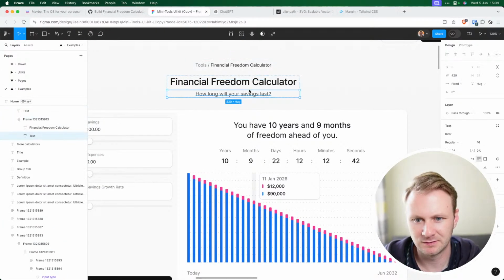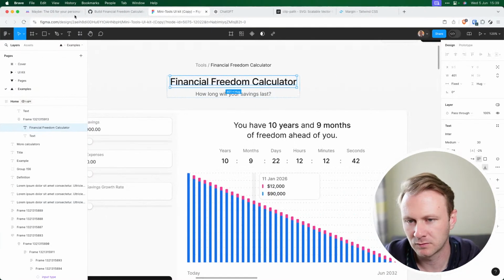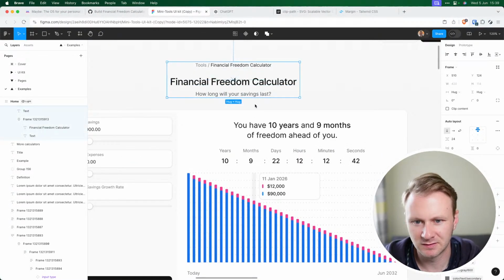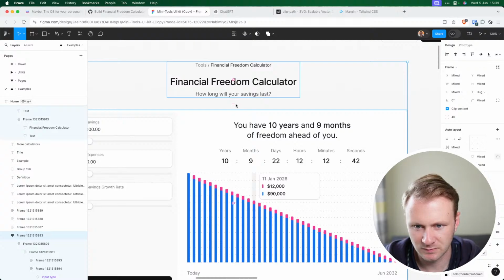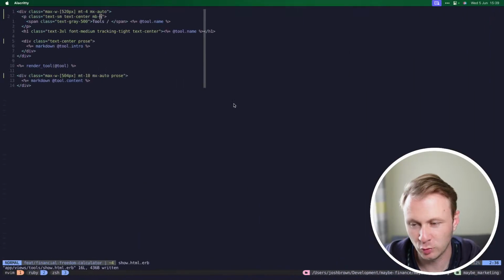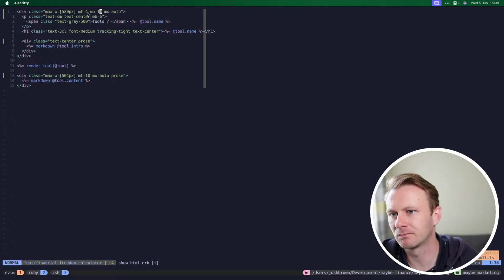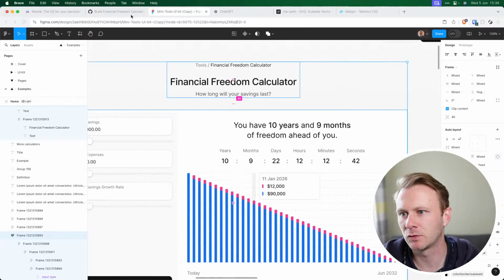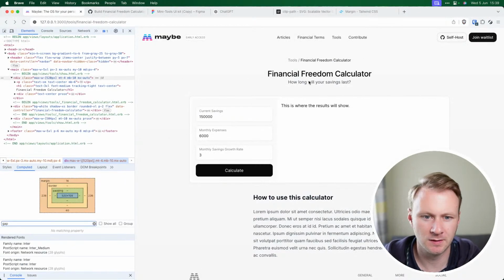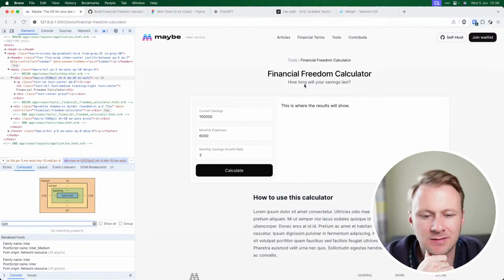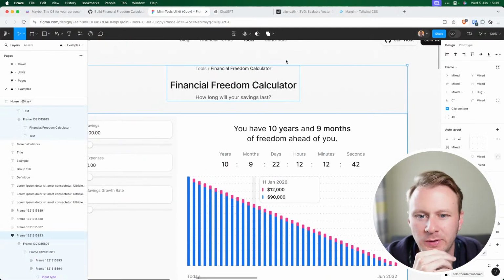And then it's the space underneath, isn't it? 40, which will be 10. Okay, that looks correct as per